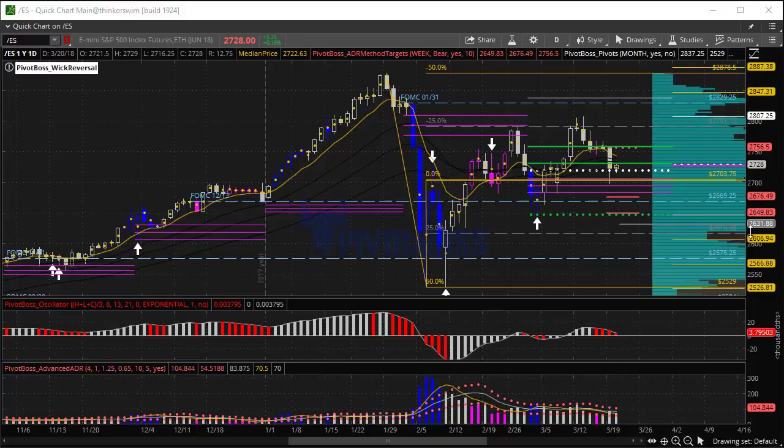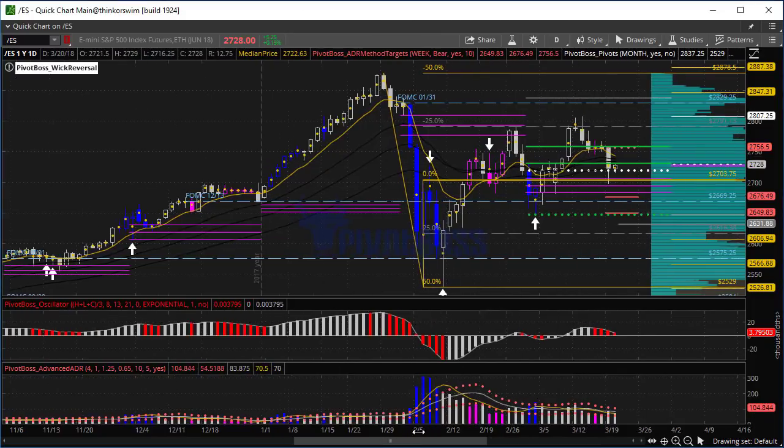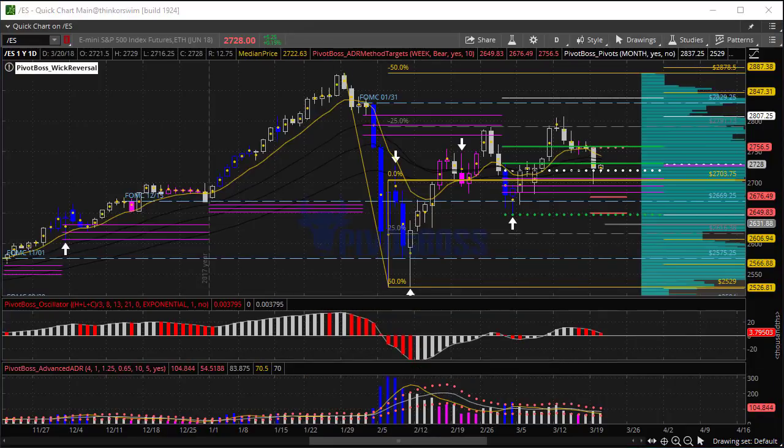Here's a look at the daily time frame of the ES. Right now you see that price did indeed drop back to the midpoint of the key range. Again, this is what we were talking about before, where we had this upper edge up here. We were rejecting that high, and that was indicative that we would likely come back at least to the midpoint, which is 2703, followed by